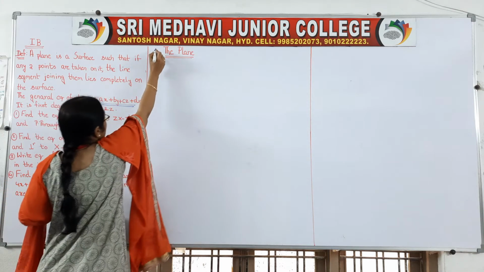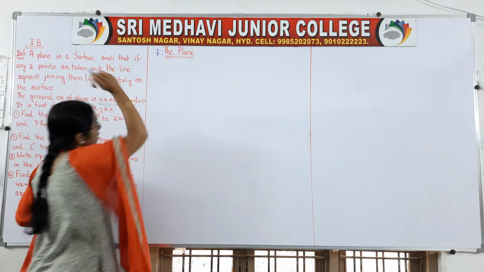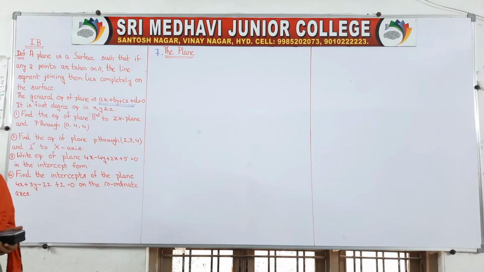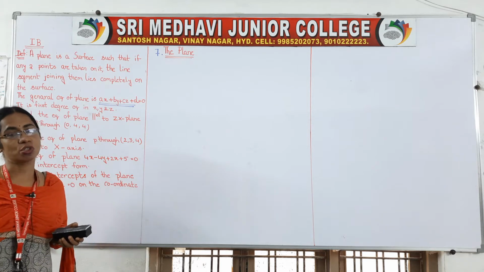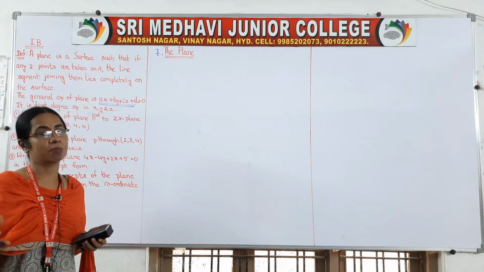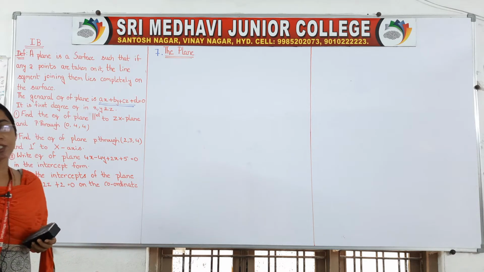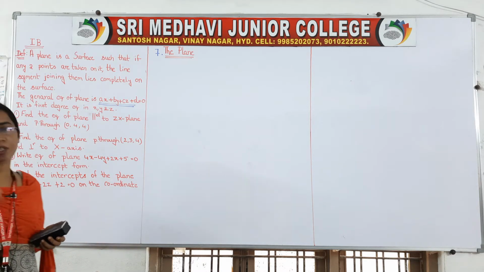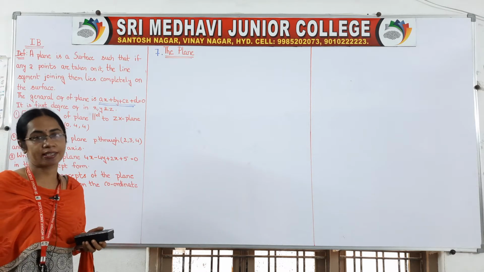Okay, so now we will do some problems from the topic, right. Actually this is our 7th topic. So the exercise will be 7a. Already I said to you, suppose for the 3rd topic your exercises will be 3a, 3b, 3c. For the 7th topic, 7a, 7b, but in this topic we are having only one exercise.